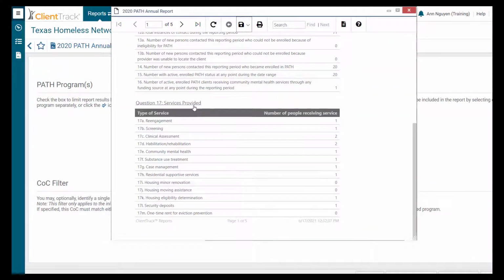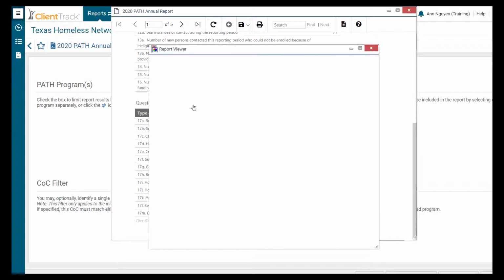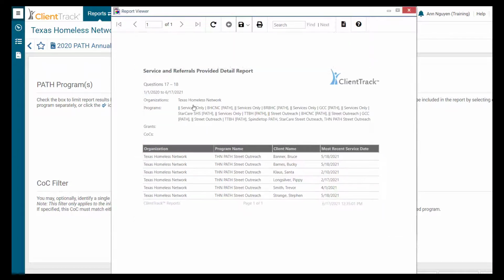The Q17 and 18 section is also a good way to look at the most recent service each client included in the report received. Be aware that this section only looks at clients who are both considered active and enrolled in the PATH program. This means the client must be formally enrolled in PATH and have some combination of a current living situation assessment, date of engagement, date of PATH status determination, or PATH service that is relevant to the